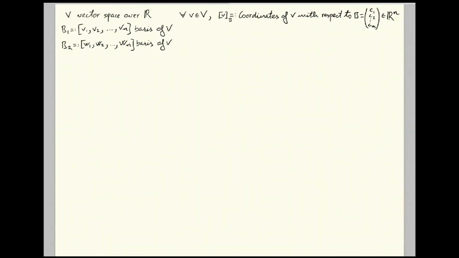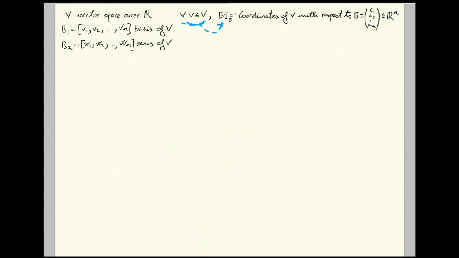Hello, welcome to this class about the matrix of change of bases, which is the same as the matrix of change of coordinates but in the opposite direction. This is what we are going to learn. Let's introduce the notation. Here we have a vector space of dimension n, and for every vector in this vector